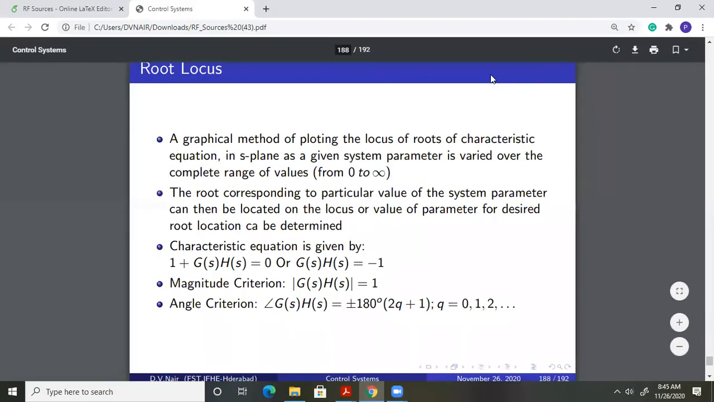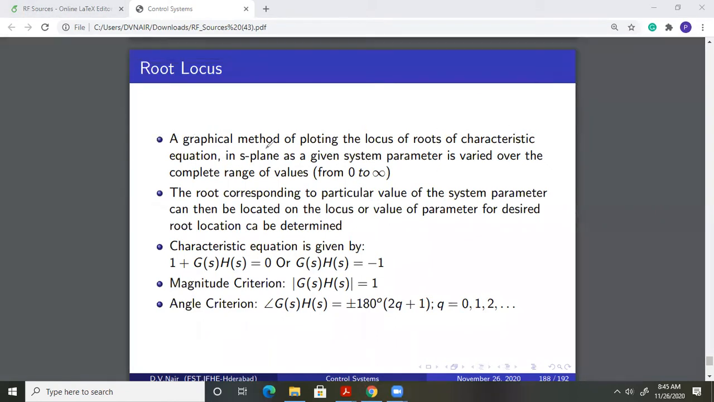So here we formally introduce the definition of root locus. It's a graphical method of plotting the locus of roots of the characteristic equation in the S-plane as a given system parameter is varied over the complete range of values from 0 to infinity. Now, what further can we do with this root locus? For a given root locus,